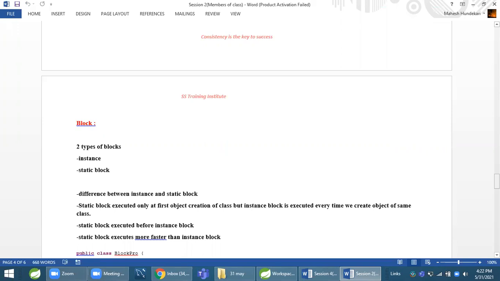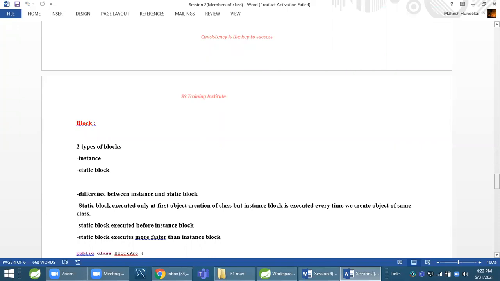Means we can call static variables directly with class name without creating object, but to access instance variables, we have to create an object. Also we saw static variables are stored into centralized memory area, and instance variables are stored into heap type of memory area. And again, we saw a difference. Static variables, can you tell me what is next difference? Static variable will have single copy storage, and instance variable will have multiple copy storage. Multiple copy storage, yes.